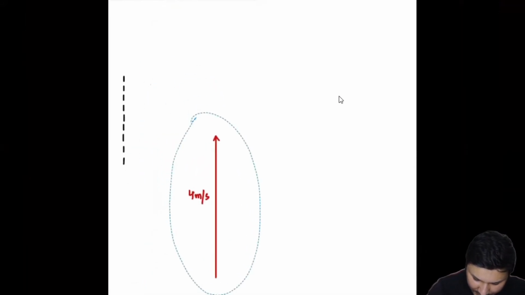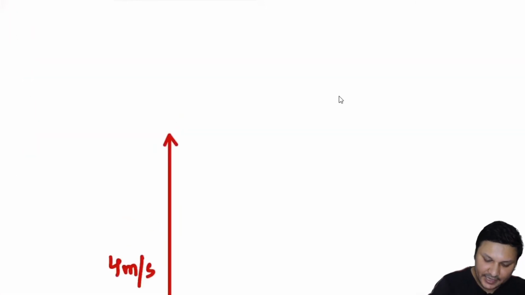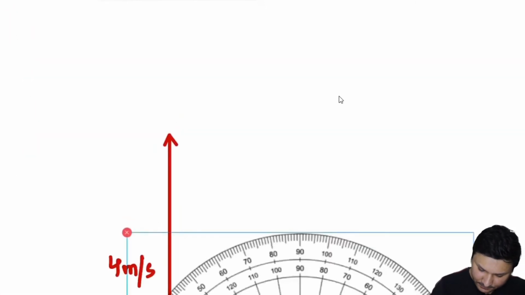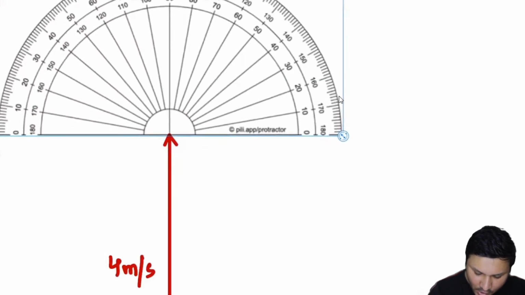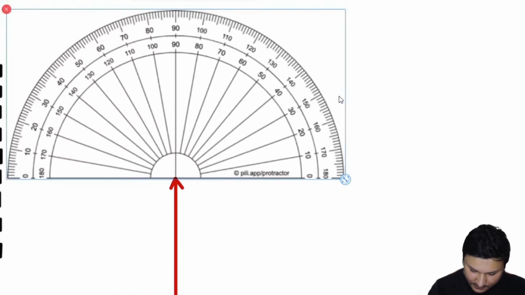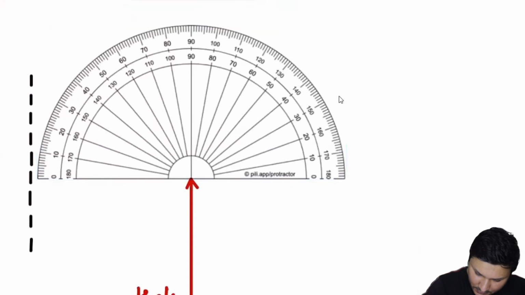So if I want to draw this vector as accurately as possible, what do I have to do? I have to bring a protector. And I'll have to place the cross of the protector over the tip of 4 meter per second. And I will measure 45 degree.